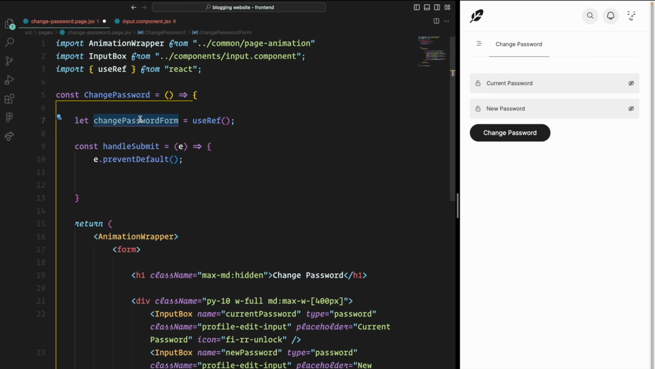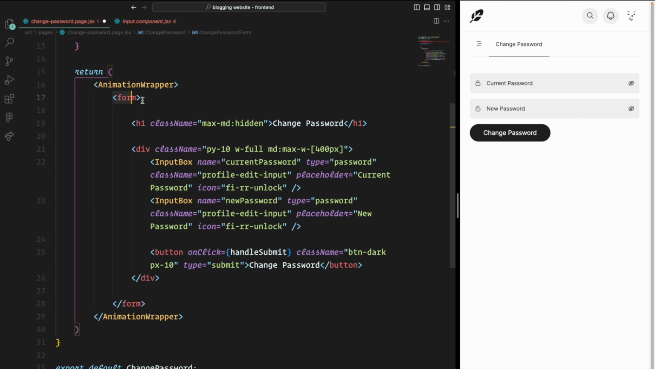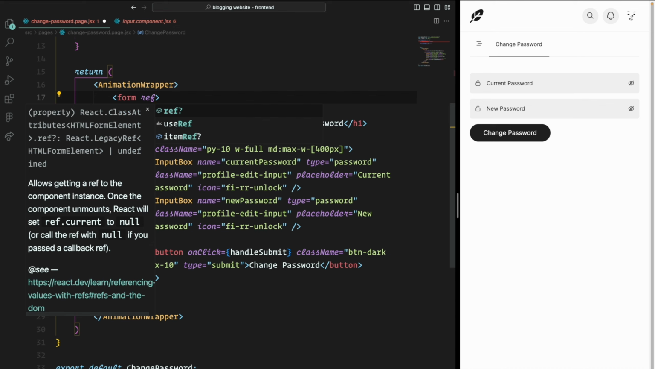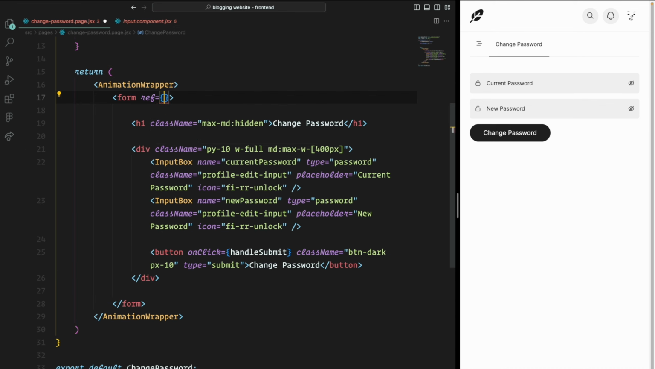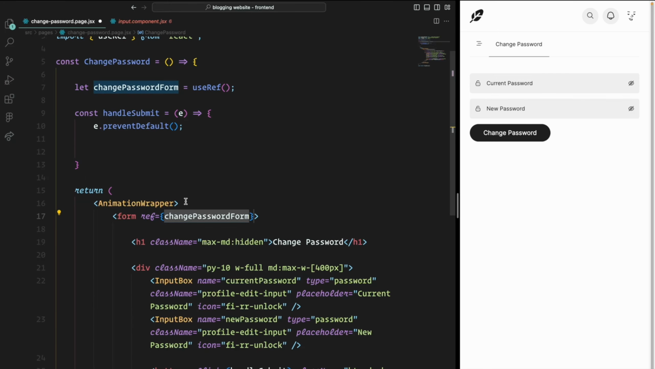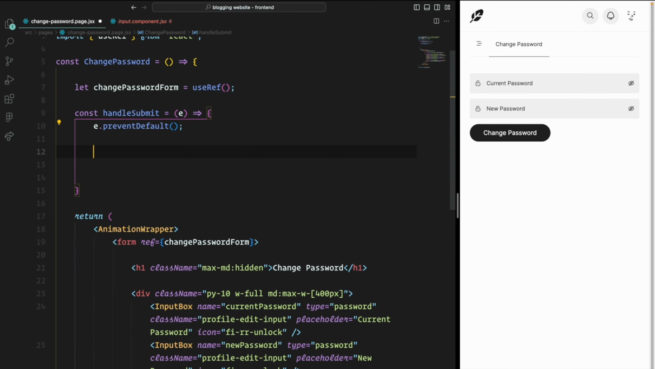So now once you got this variable, just come over here and in the form element, let's give a ref prop and set its value equal to changePasswordForm. So this is how you can reference the form inside React. And now once I have the reference of the form, what I will do is,